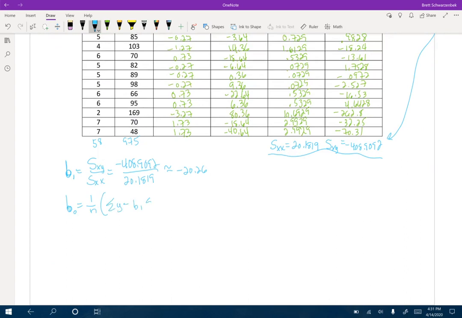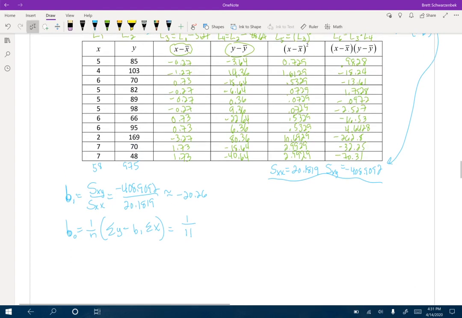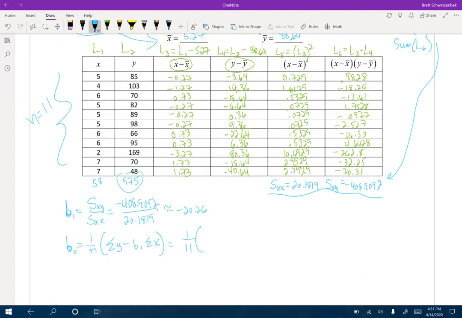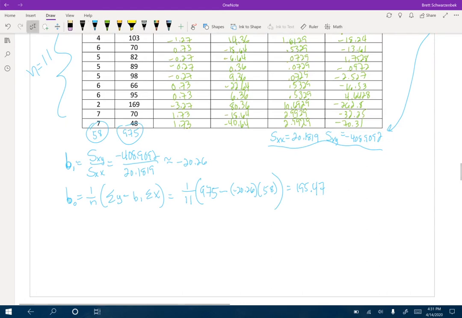x. All right. So if we actually use that formula, we're going to get 1 over 11, because there's 11 cars, right? And we're going to do the sum of y, well, we calculated that to be 975, minus the slope, which is negative 20.26, times the sum of x's, which is 58. If we do that, we're going to get 195.47 as the y-intercept, which means we can then say that our regression equation is going to be